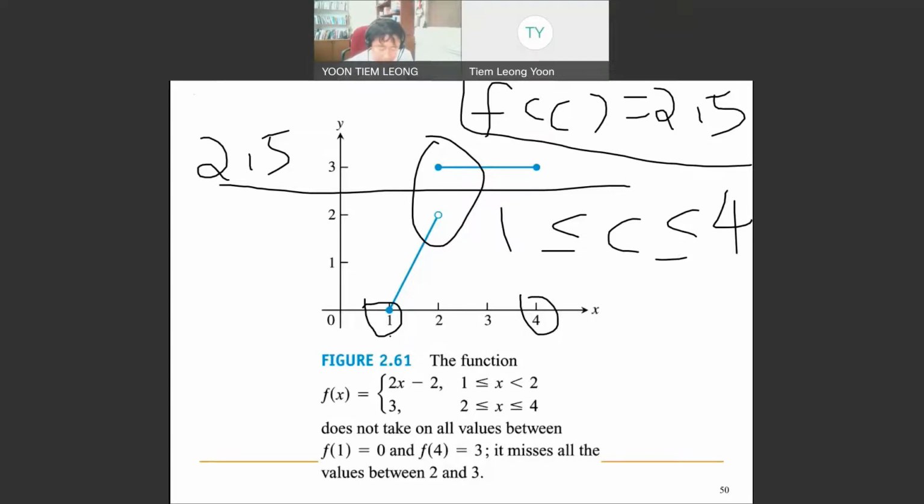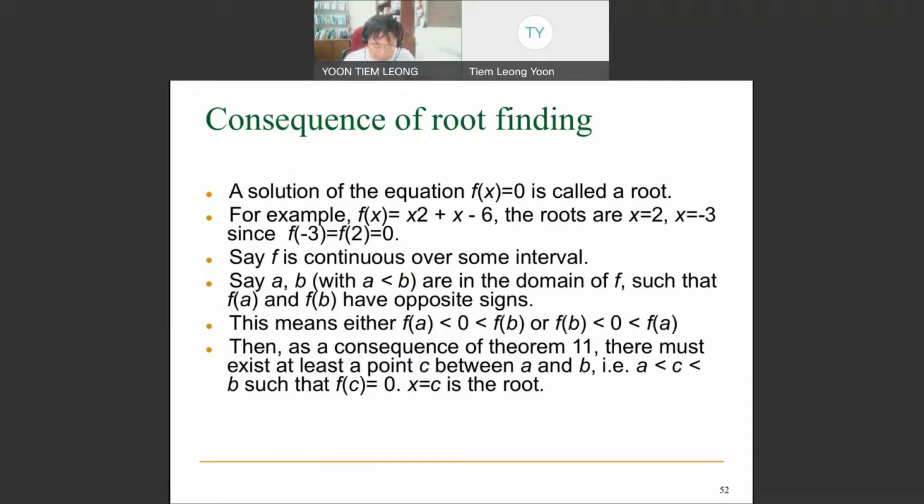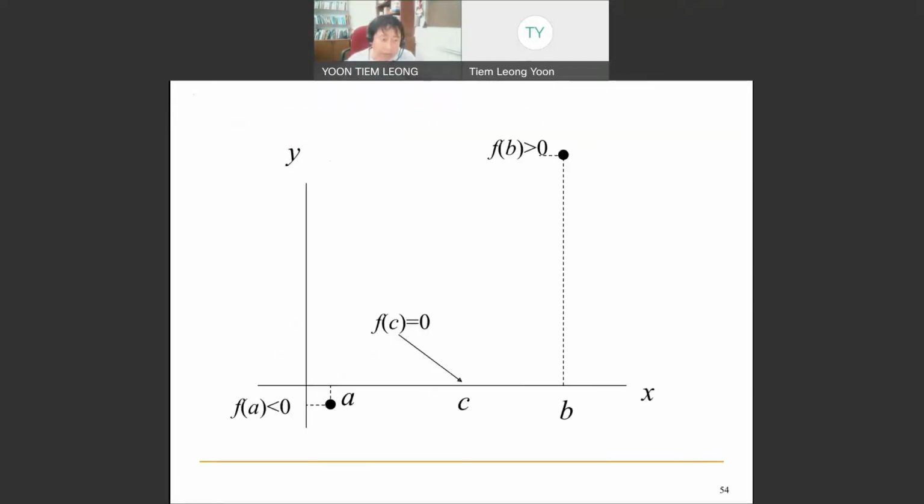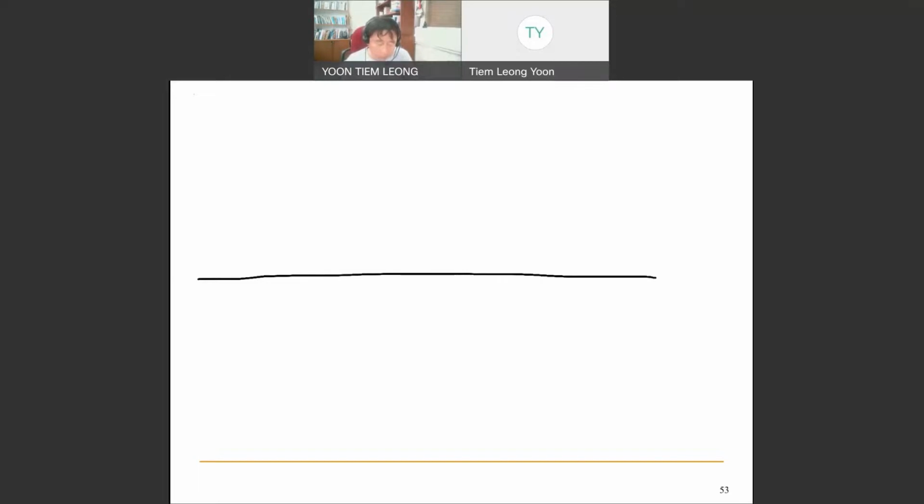This is just an illustration. Now, the important thing about the intermediate value theorem, as I mentioned, is its application to continuous functions when you find a root. Okay, so this is just an explanation of this kind of situation. Imagine that you have a function f defined at a point a, where you have the value f(a) defined, and then you have a b, and the function value f(b) defined. So you are quite sure that if you are talking about roots, the function that is continuous at the root